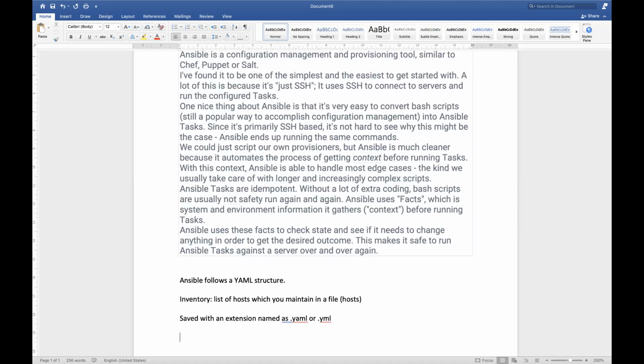Now the latest version of Ansible is Ansible 3. The most important thing is that we need to install Ansible. And the sad part is that you cannot install Ansible on Windows